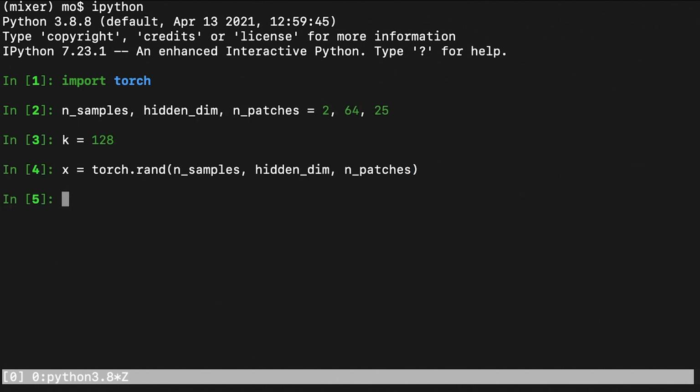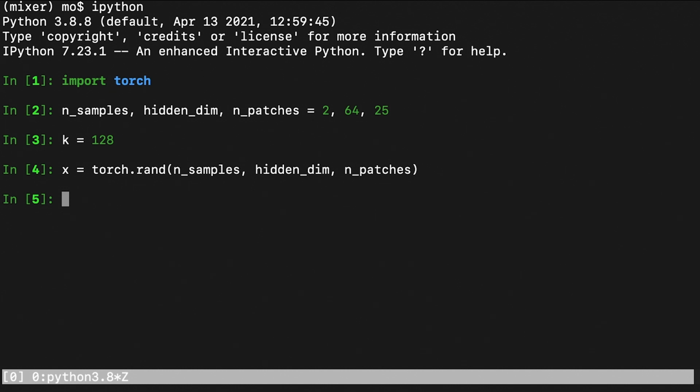All right, so we create a tensor that has 3 dimensions. There are the samples, the channels, and the patches or tokens. Note that this shape is very convenient when applying convolutions in Torch because it always expects you to have the channels dimension as the second dimension. However, in the forward pass that we just wrote, the channels were actually the last dimension because this shape is really convenient when we are applying the linear layer.